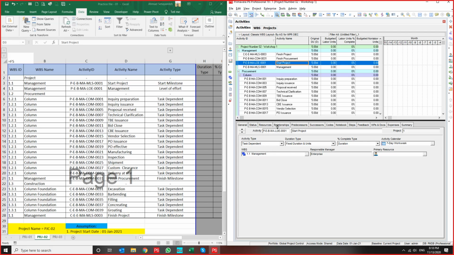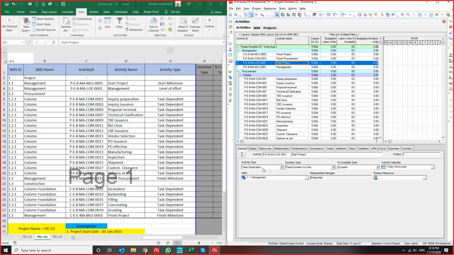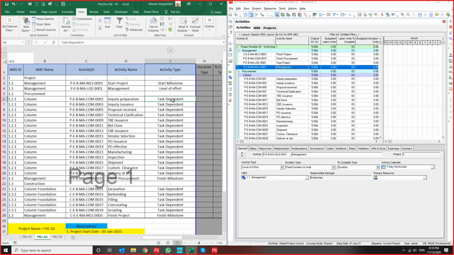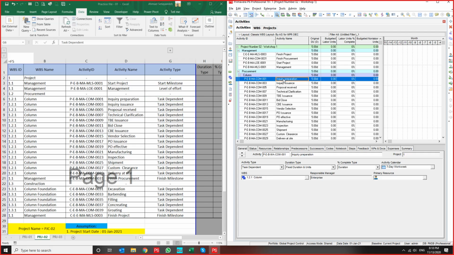Activity type is start milestone. Management is level of effort. I change it to the level of effort. And all of these columns are task dependent, up to